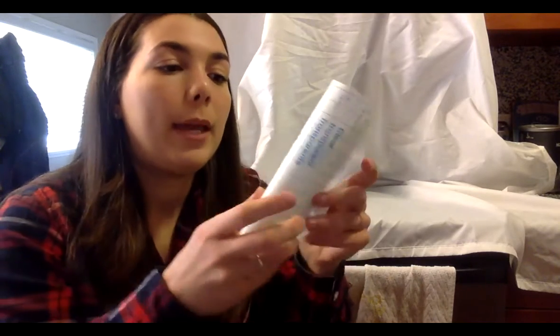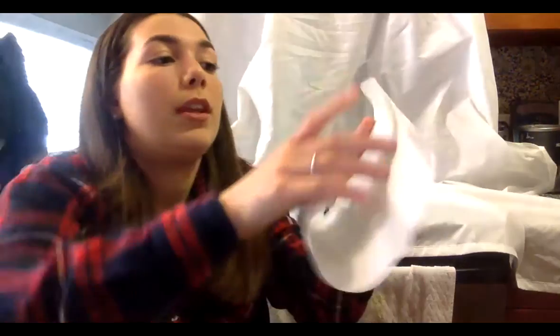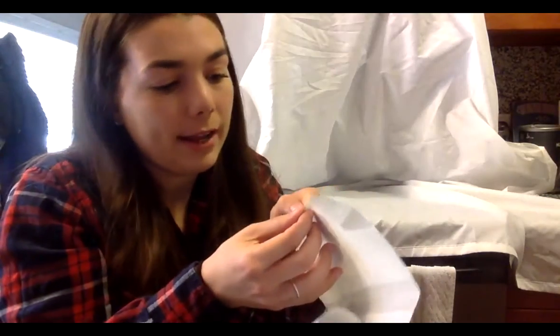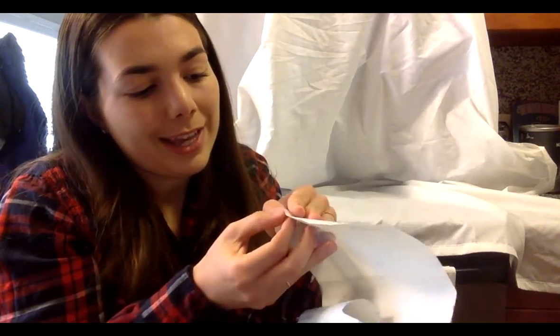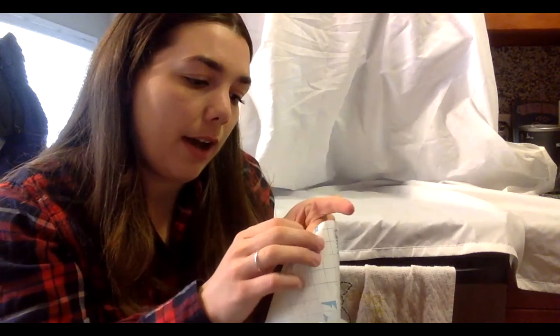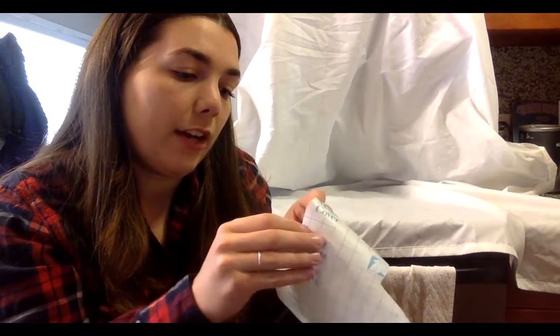So the first thing we're going to do is we are going to take our paper and prepare it. This part you might need a little bit of help from a mommy, daddy, or grandma. You're going to take off this white and blue part on the back. So it's kind of like a big sticker. So I'm going to find a spot like this right here on the side where I can take it off